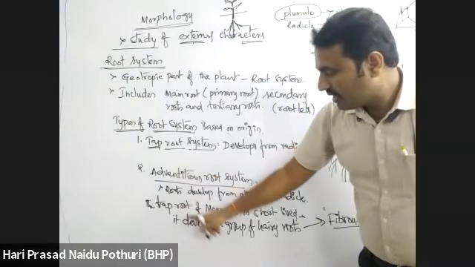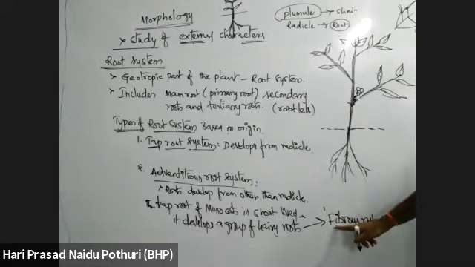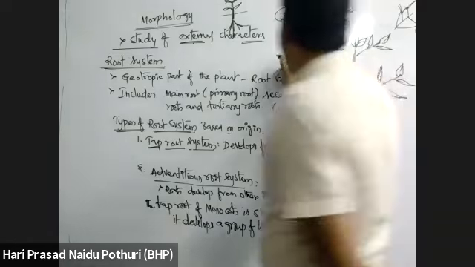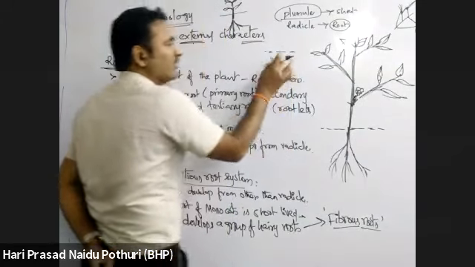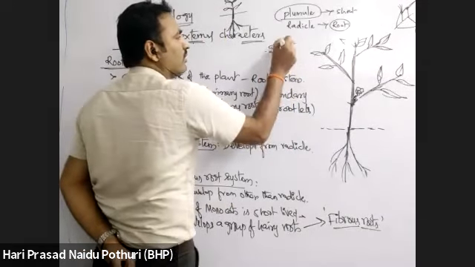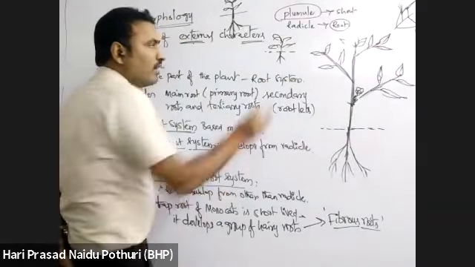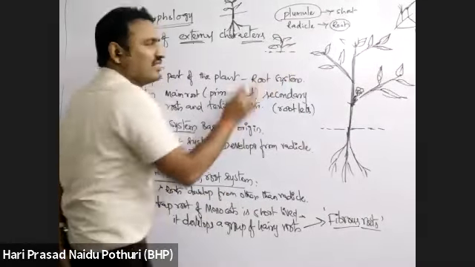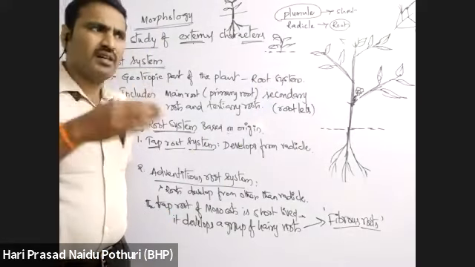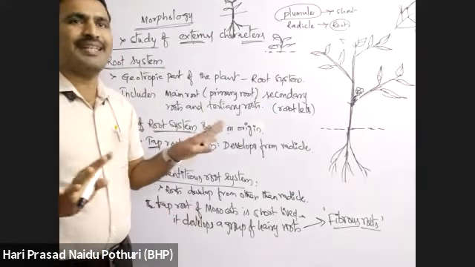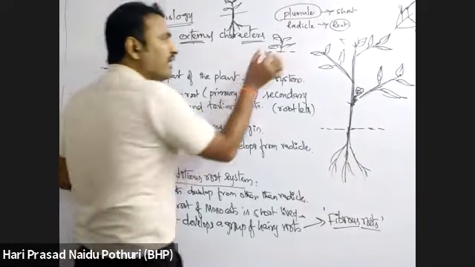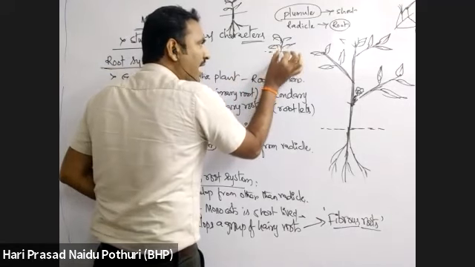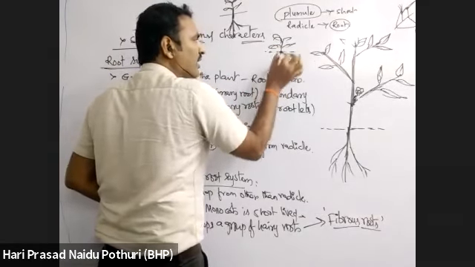But the fibrous root which is developed on degeneration of that taproot, how does it appear? Suppose here the taproot is there, the taproot is degenerating, as I told you, in monocots. This is a small twig or plant. This taproot is degenerating. Degenerating means it is not breaking, it is simply dying. When a taproot dies or degenerates, in that place, small hairy roots are produced like a bunch.